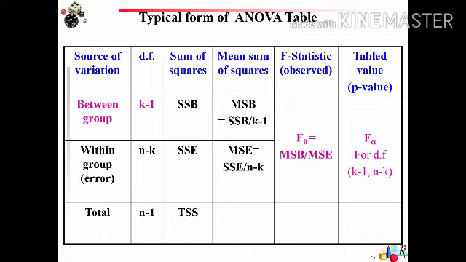And next we calculate the mean sum of squares, that is sum of squares of between groups divided by the degrees of freedom. And similarly we get the mean sum of squares for error, and the ratio of these two is considered as the F statistic. And then we calculate the critical ratio from the F table. Also we will get the p-value. Based on the p-value, we decide whether to accept or reject the null hypothesis.